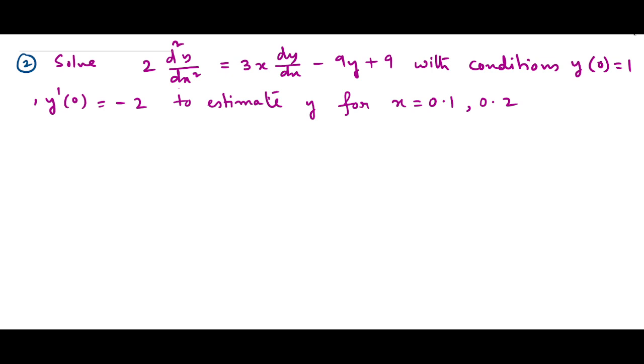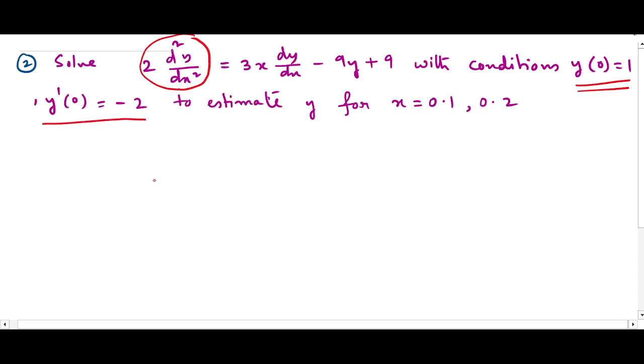See, that time I'm talking about, we can take second order also. So here I have taken one example of second order. So what will be the extra thing here? Two initial conditions will be there. So this is one initial condition and this is our second initial condition. Otherwise we cannot proceed.